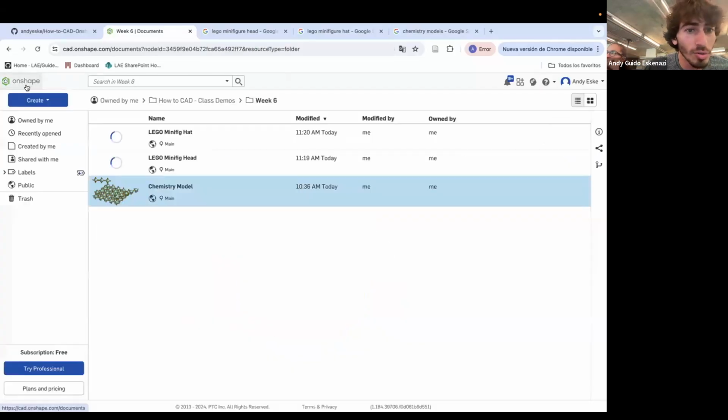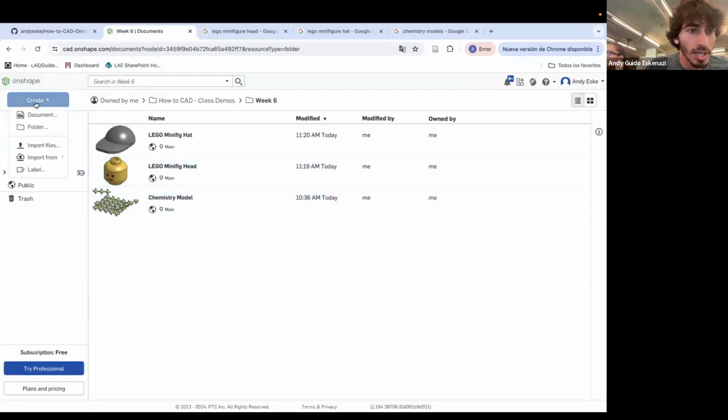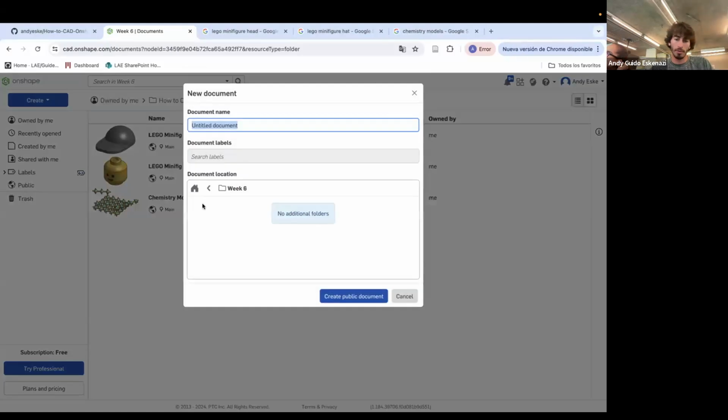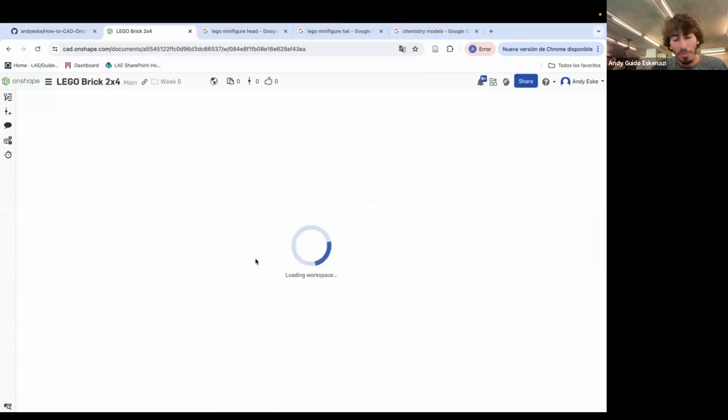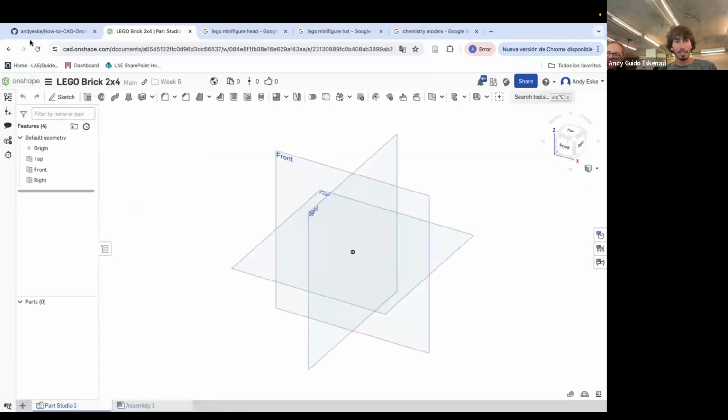All right, so let's go here to Onshape. Let's create a new part, and we're gonna call this one Lego brick. Let's do a 2x4 for now. I've created many Lego bricks in the past, and maybe if you wanna go,